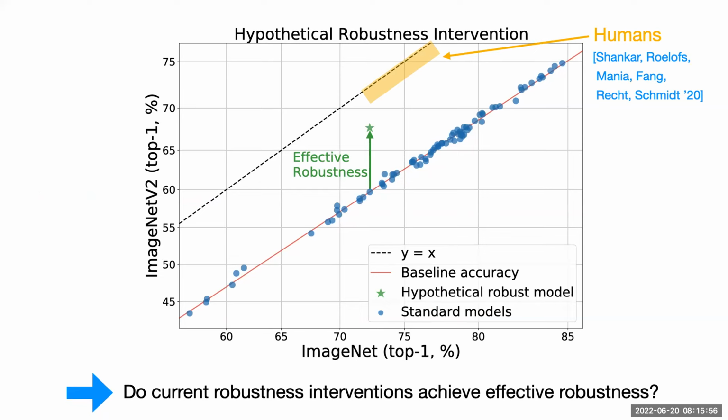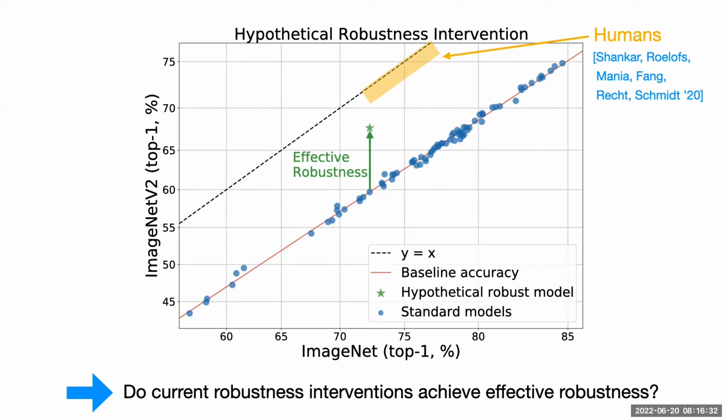This is a reasonable goal because humans have high effective robustness on this distribution shift. We actually did this experiment specifically for the ImageNet V2 distribution shift. We trained and then evaluated 5 expert human labelers on ImageNet and ImageNet V2, and they are exactly on this y equals x line. So if the goal is to have a model that is as reliable as humans on this distribution shift, we want the models to have high effective robustness and also fall close to the y equals x line. Okay, so this is going to be the overall measurement setup for this talk.